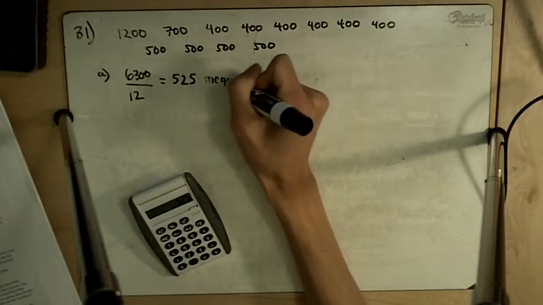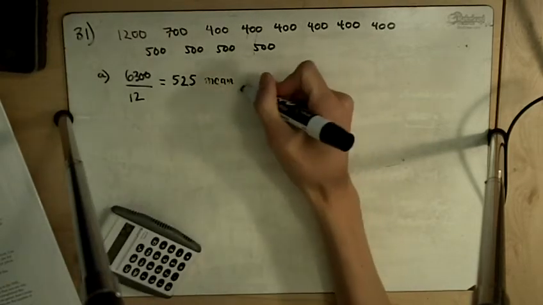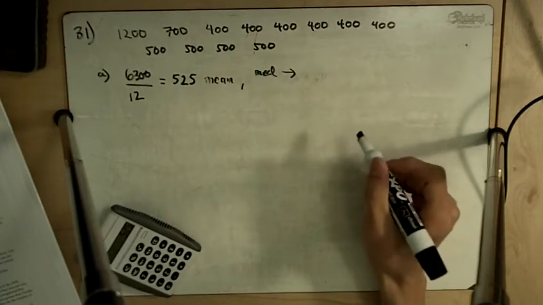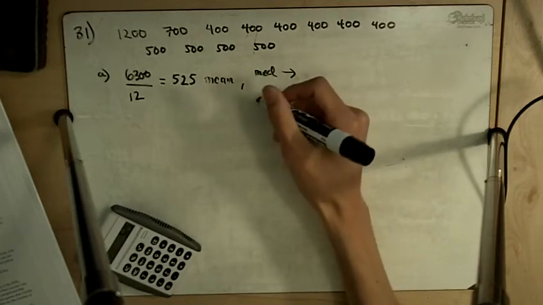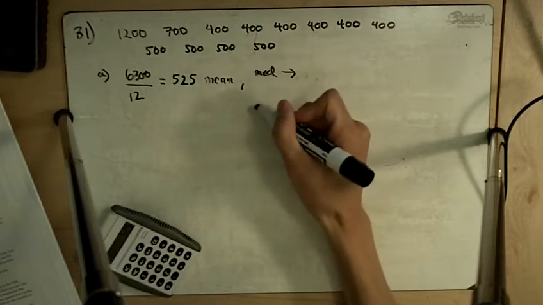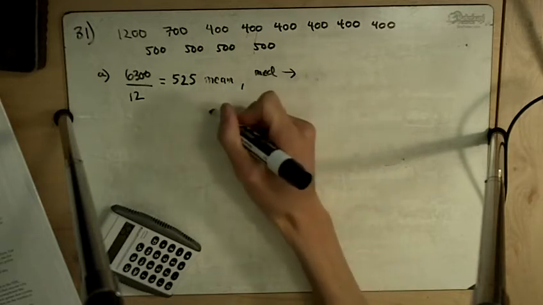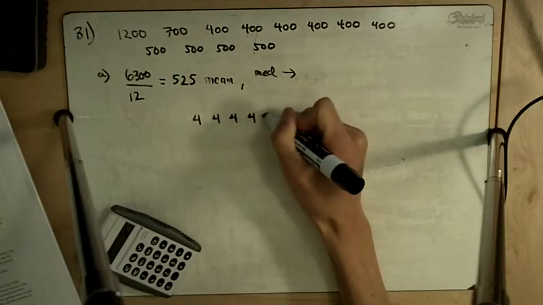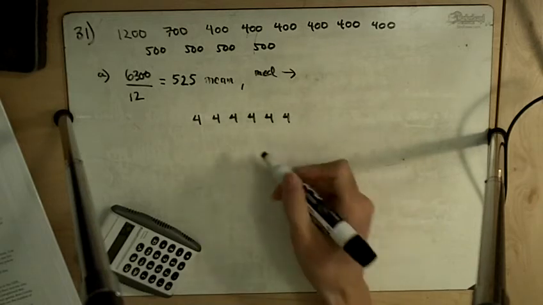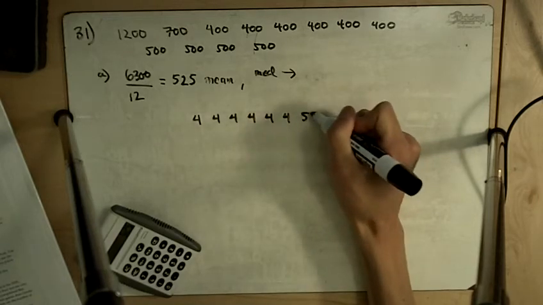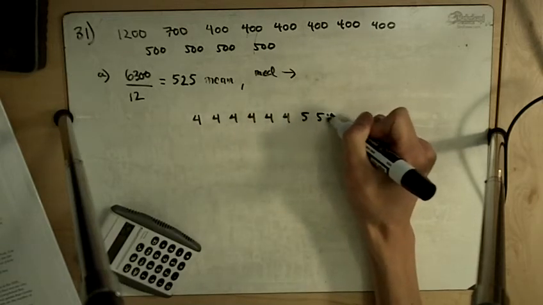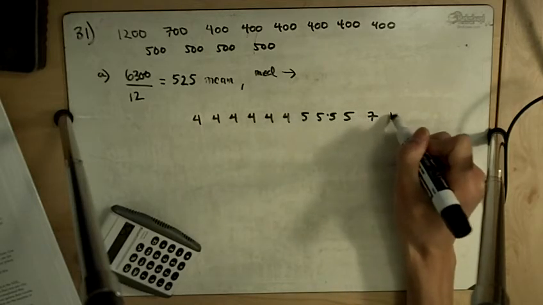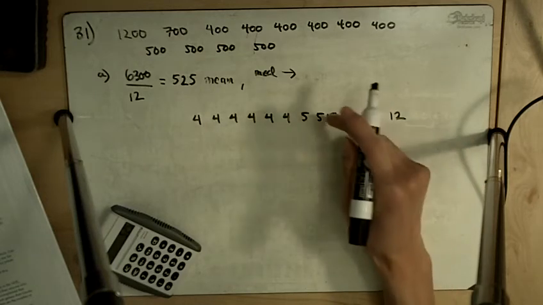That's the mean. Okay, the median, on the other hand, we have to rearrange all of these from smallest to largest. I'm going to abbreviate these each to just drop the 2 zeros off of them. So I'm arranging them from smallest to largest. We have 6 stock boys at 400 apiece, 4 drivers at 500 apiece, and then the inventory manager at 700, and the supervisor at 1,200 per week.